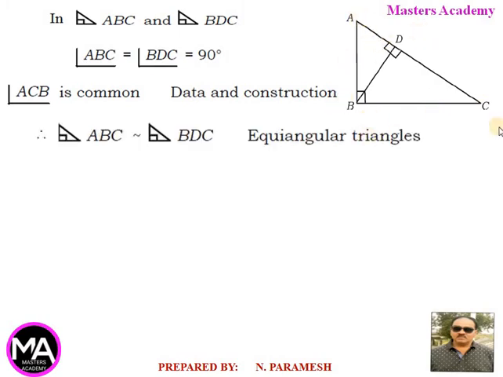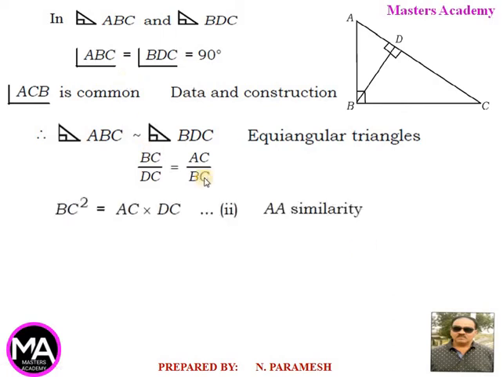Therefore triangle ABC is similar to triangle BDC, equiangular triangle. BC divided by DC is equal to AC divided by BC. Cross multiplication: BC square is equal to AC into DC. Call this equation 2. Reason: AA similarity criteria. Adding equation 1 and equation 2,